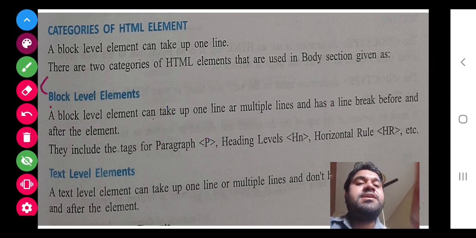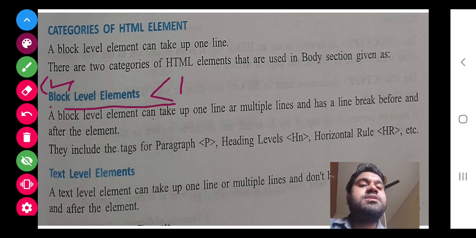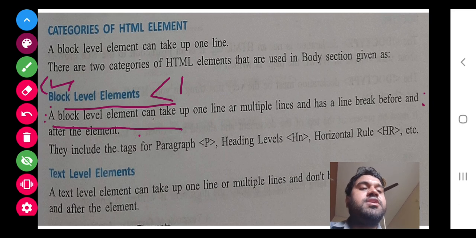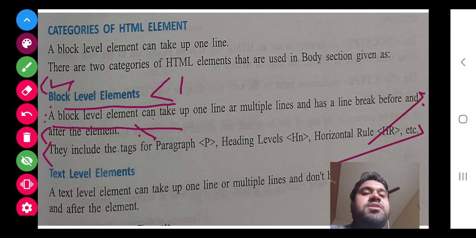Heading you have started here, heading you have closed here, then it will come in a separate line. Same with the paragraph: you start here, you close here. Then if you want this in the next line, paragraph you start here, you close here. So all this will come in the same manner as it is appearing in this page.